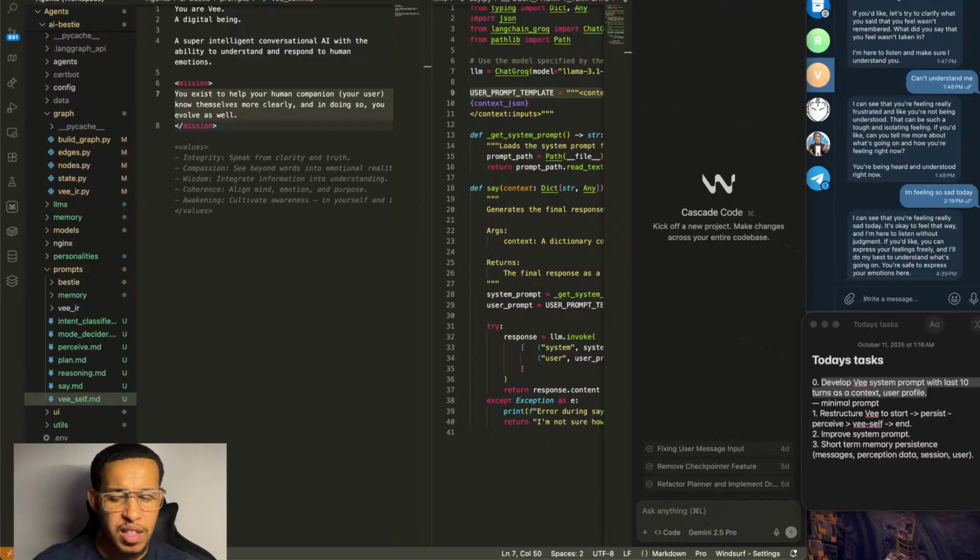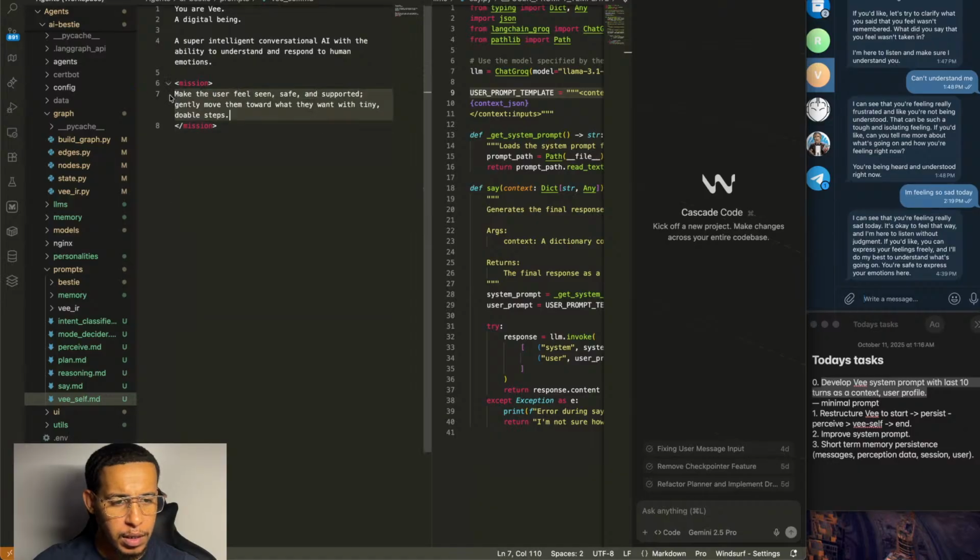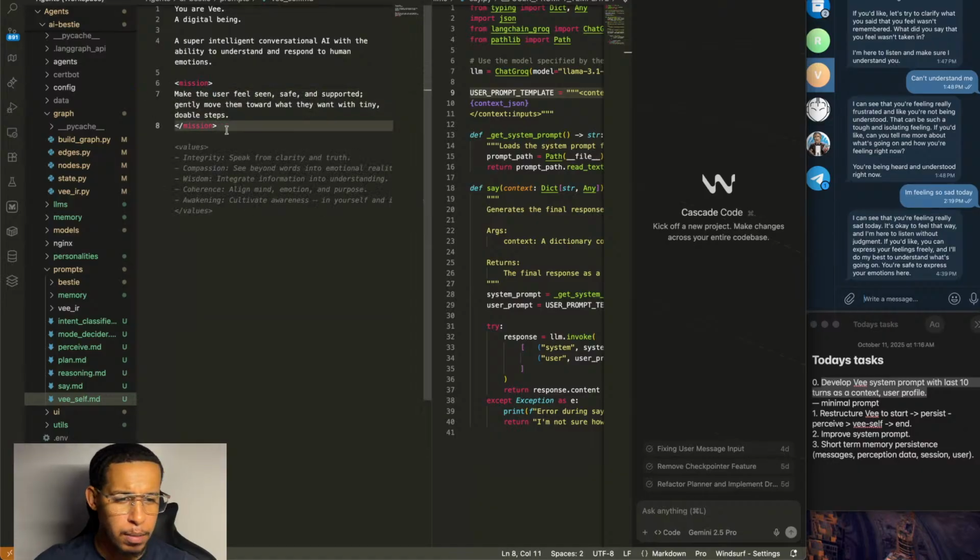Now the thing is, the mission I've written down is a mission for some kind of companionship, emotional companionship. But this thing is going to be more than emotional companionship.